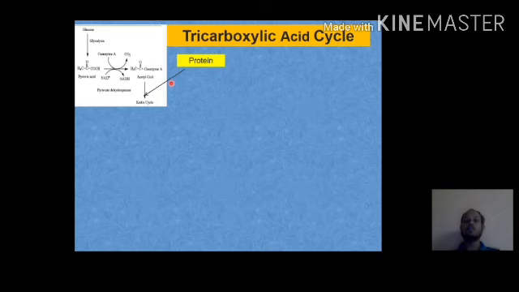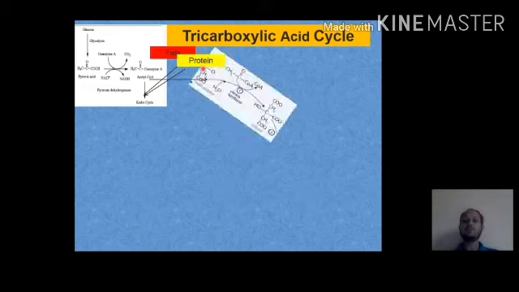Now, this is not the only cycle associated with carbohydrate metabolism. It can also act as a pathway for utilization or degradation products of protein. Also, the degradation products of fats result in the formation of acetyl-CoA, which also merges with the TCA cycle. So the TCA cycle acts as a convergent pathway for carbohydrate, protein and fat degradation.